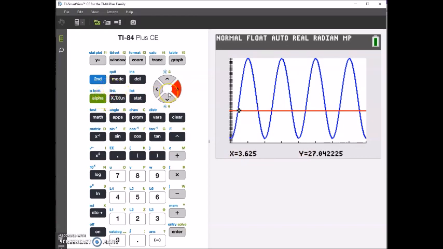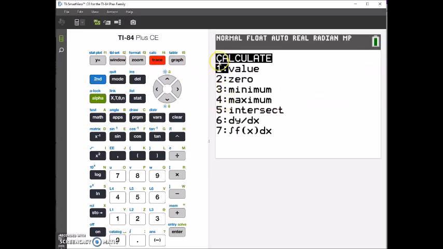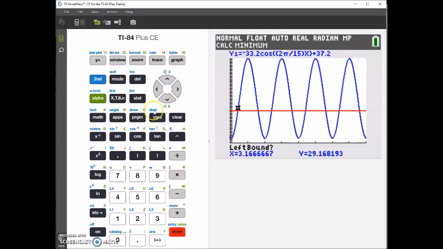Just to give you a couple other calculator features that may come up, we could also say find the maximum or find the minimum. In this case, it would be a relative maximum or relative minimum within a certain domain. So we might say calculate, and then use number 3 or number 4. If I wanted to find the minimum y value between, say, after 3.6 minutes,